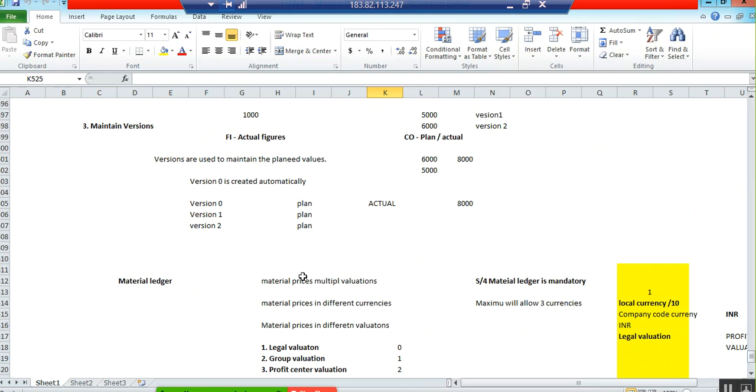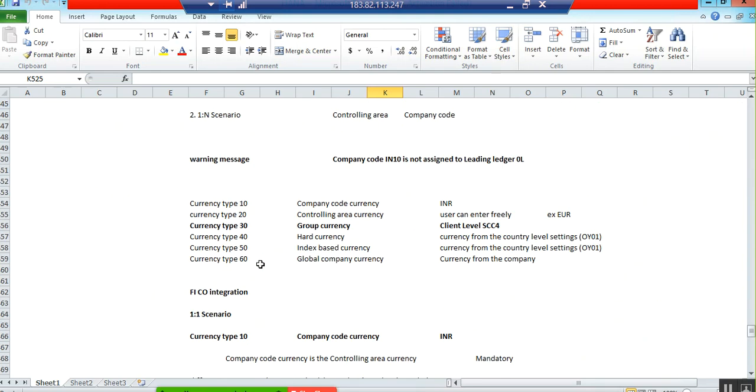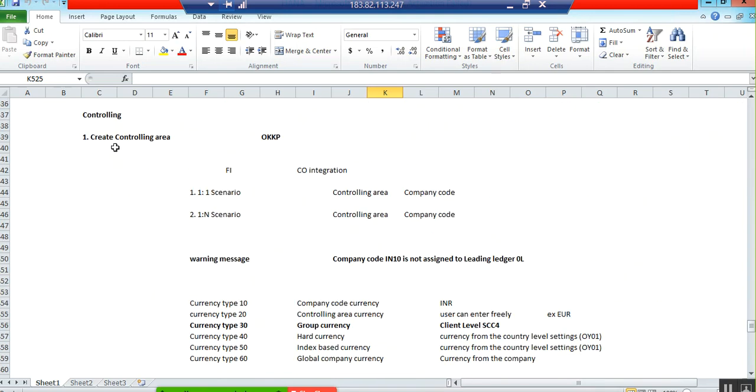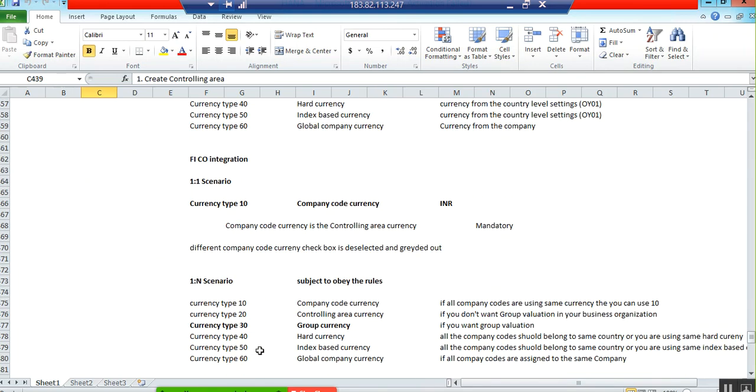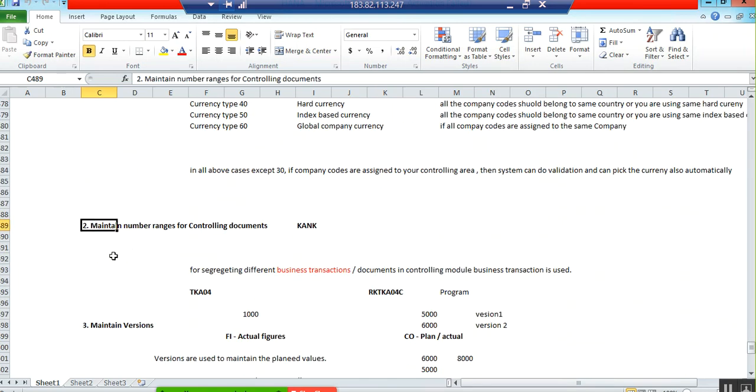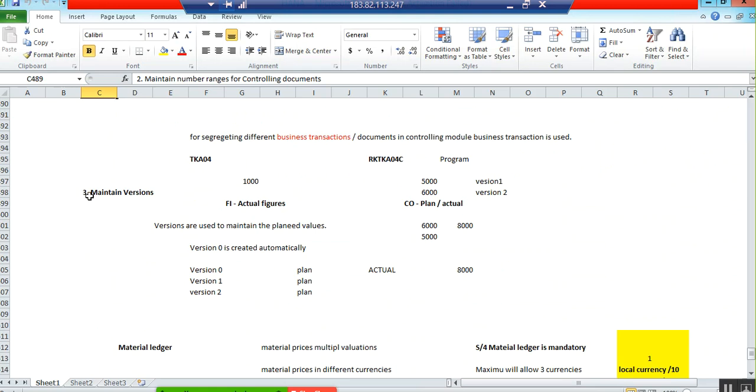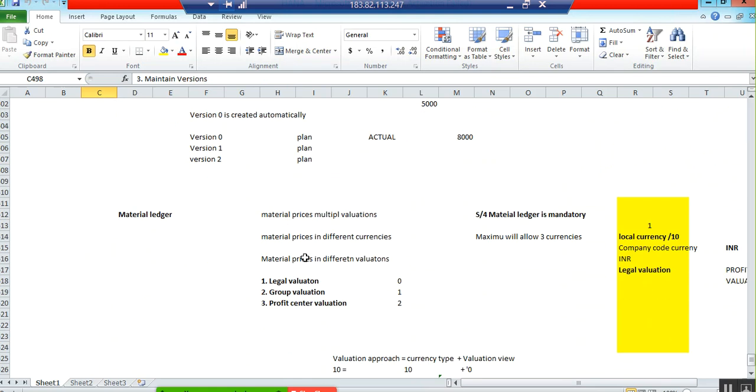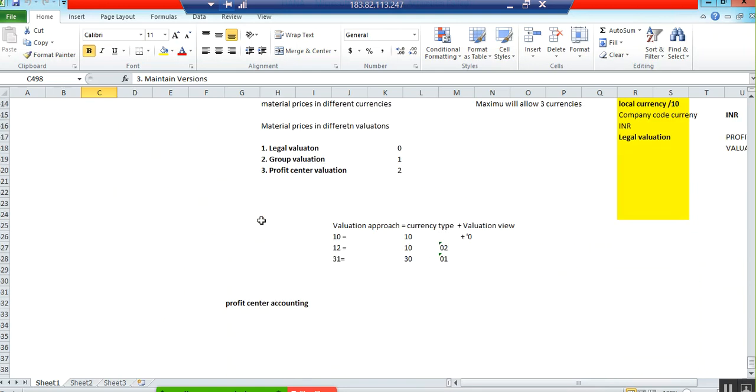So here we completed controlling basic organization structure, controlling area, and we created number ranges, then the versions which is required to do the planning and to change your planned figures. Then